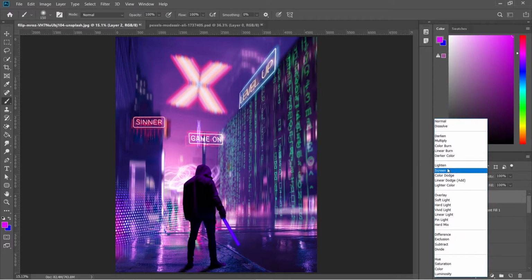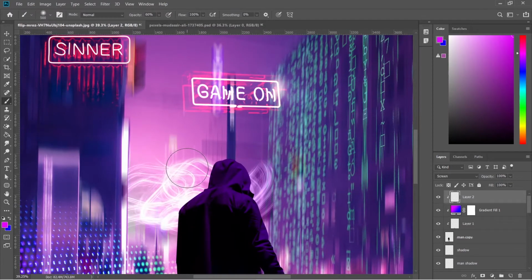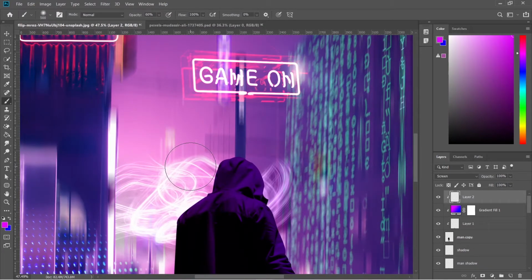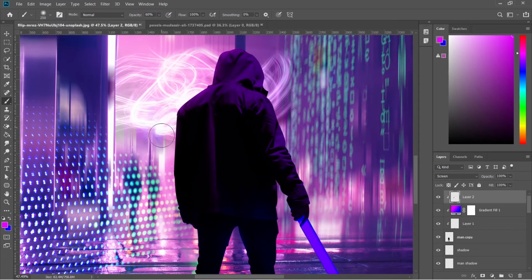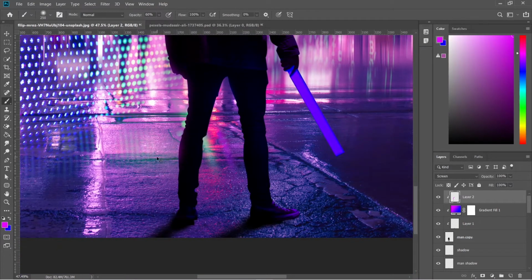Change the blend mode to screen. Decrease the opacity around 60% and let's just tap on the left side. Also on this side a little.